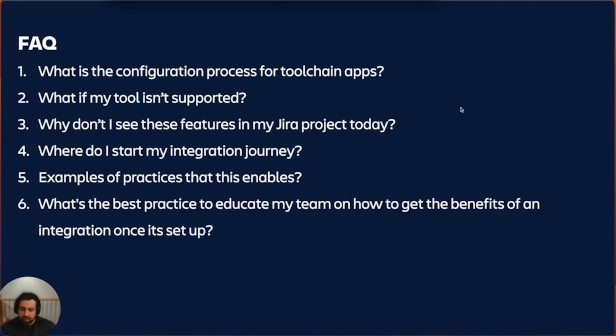Number 3, so why don't I see these features that you've walked through in my Jira project today? This is another great question. And it's because not all the features are enabled by default in Jira. To get some of the benefits, what you have to do is go into your project settings, like once again,